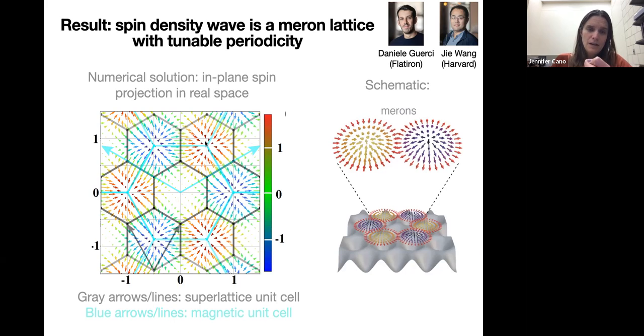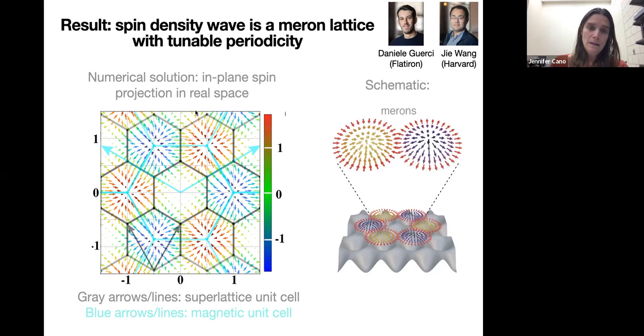And if we look here at the neighboring hexagon, it's pointing into the page. So these are kind of merons and anti-merons. And if we look along the boundaries of all of these hexagons, the spin has no Z component. So it's perfectly in plane, and it's rotating around as you rotate around the hexagon. So this is precisely a meron realized in this